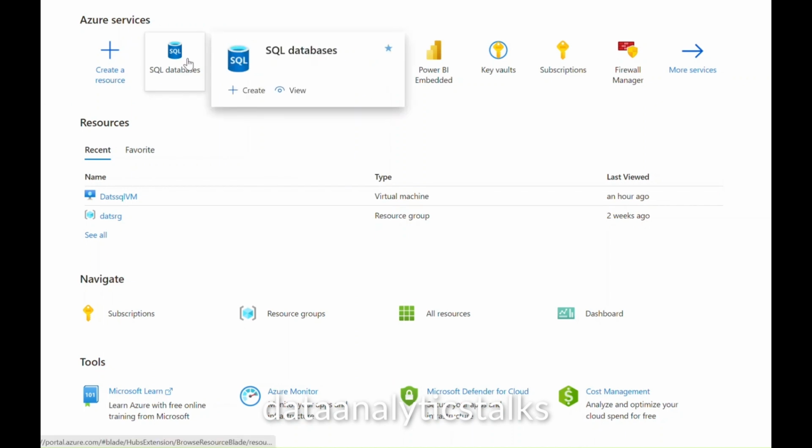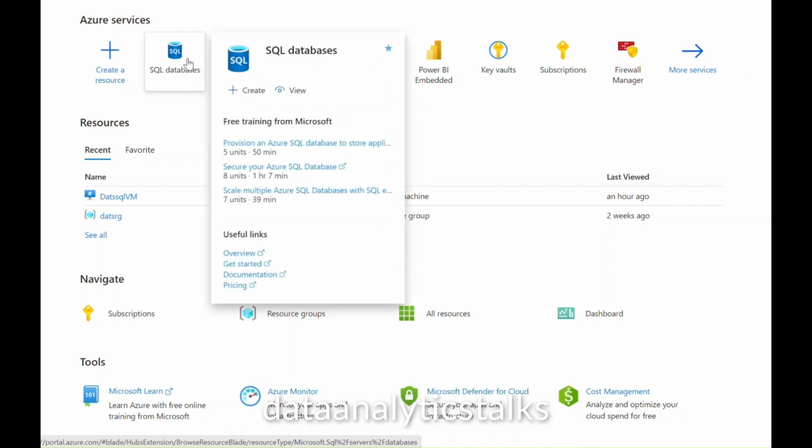So it is quite easy to create a SQL database. What do you need to do? You have to click on this icon. You can provision a SQL server and a database. Of course, you will see some more description about the SQL databases and the available Microsoft trainings on SQL Server, etc. on this pop-up. But I'm not interested in that. But I would be interested to create a new SQL database for me today. So when I click on the create button,